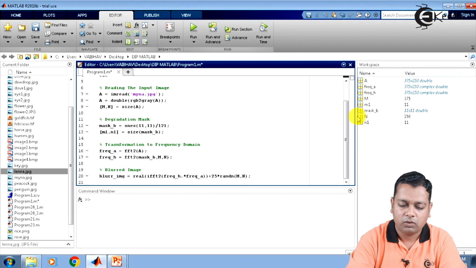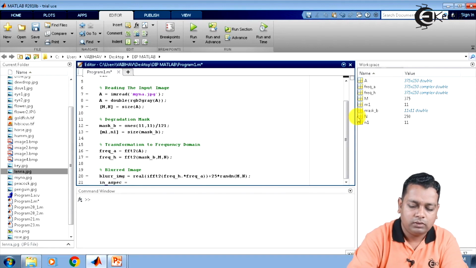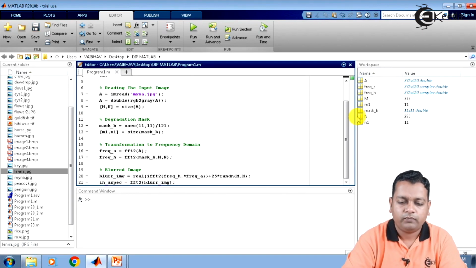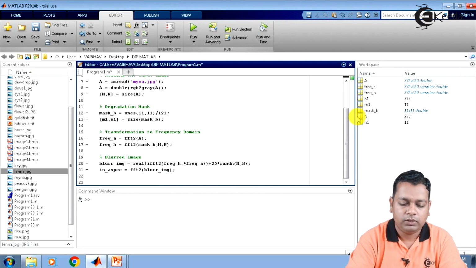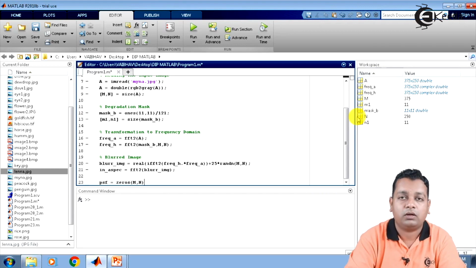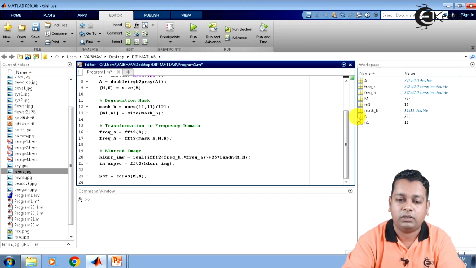So this much I save. Further I move with the computation of the variable in_a_spec by the direct transformation command, that is fft2, applicable to the blur_img variable computed above. Next, we use the variable PSF computed as a matrix of zeros for the same dimensions m and n that we are going to use in this pseudo inverse type of filtering.